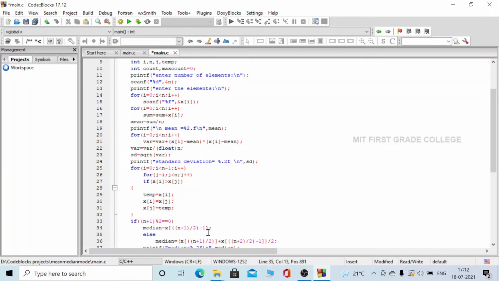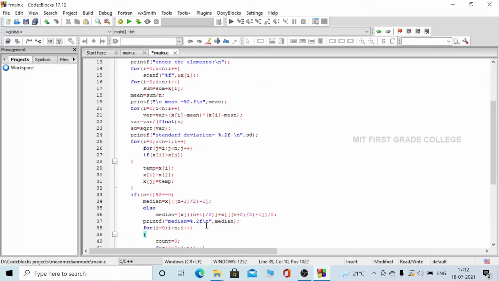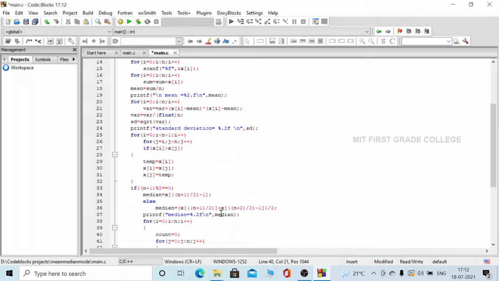If it is even, we go with one formula; if it is odd, we move on with the other formula. So the median is calculated using two formulas. After calculating the median, it will be printed.